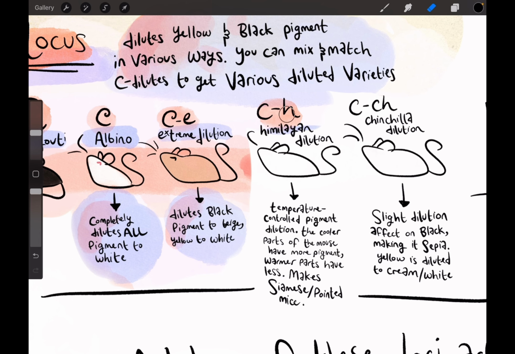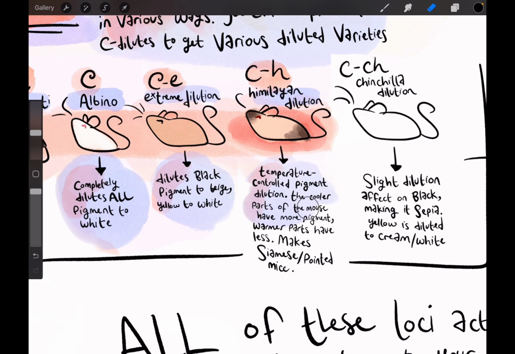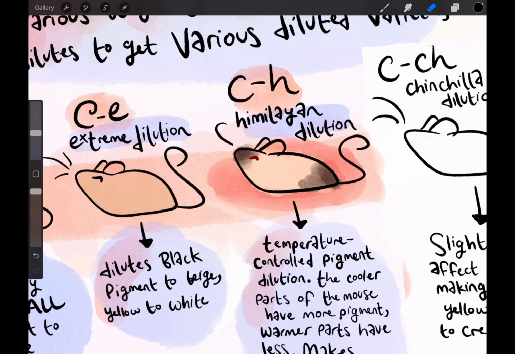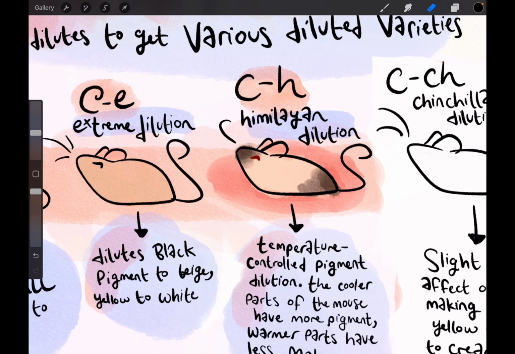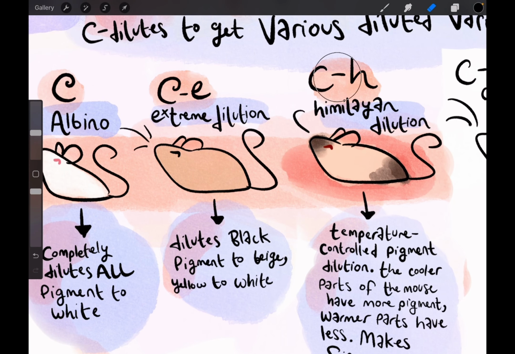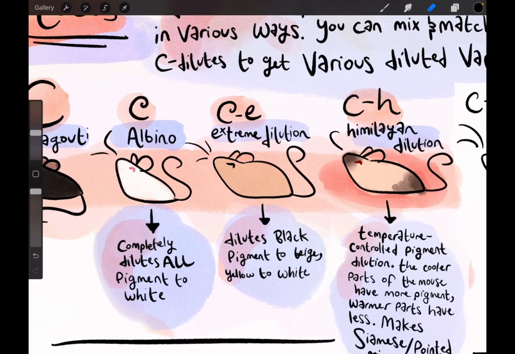Next up is CH, Himalayan. This is that fun temperature-controlled one we went over earlier. So the cooler parts of the mouse have more pigment, warmer parts have less, and this makes Siamese and other pointed varieties, because Siamese isn't the only variety of mice that have points. As long as you have one copy of CH, that temperature-controlled pointing effect will take place, but you can have